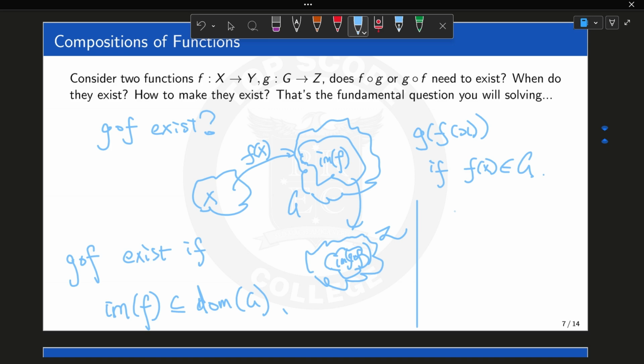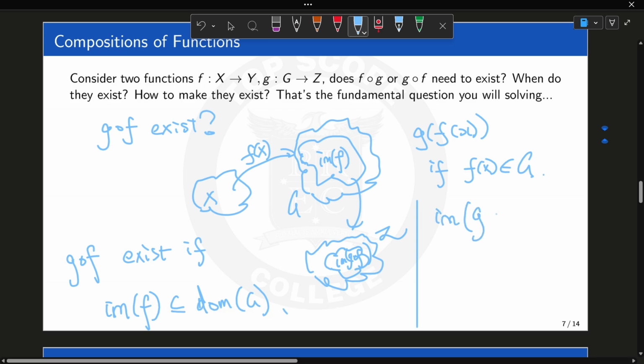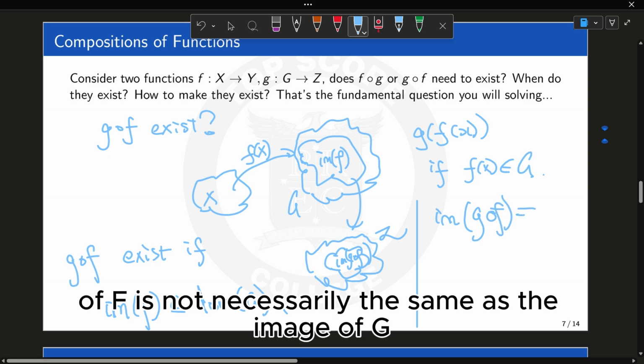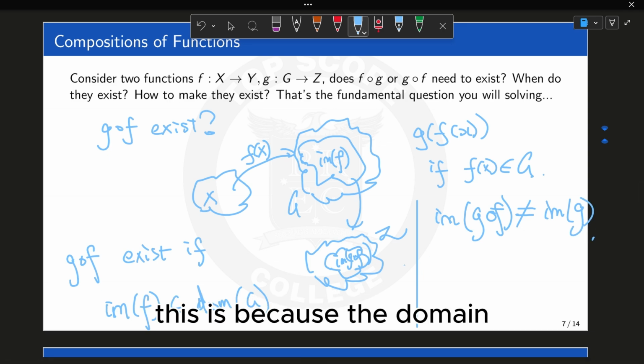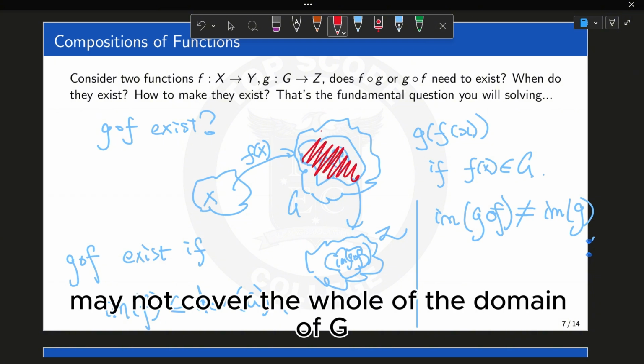Importantly, the image or the range of g∘f is not necessarily the same as the image of g. This is because the image of f may not cover the whole of the